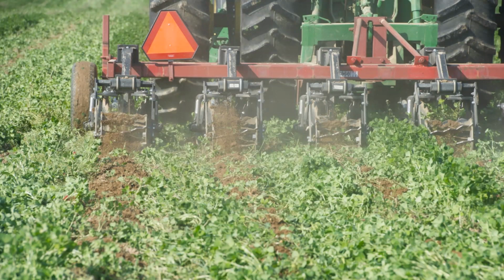So we can control where we're actually tilling. We can see that most of the soil on this field is actually remaining undisturbed. So this technique creates a small strip for us to plant right into, which will be nice and fluffy because it has been tilled. But a lot of the soil will not be disturbed, which will keep a lot of those nutrients in there, which will keep a lot of those microorganisms in there,